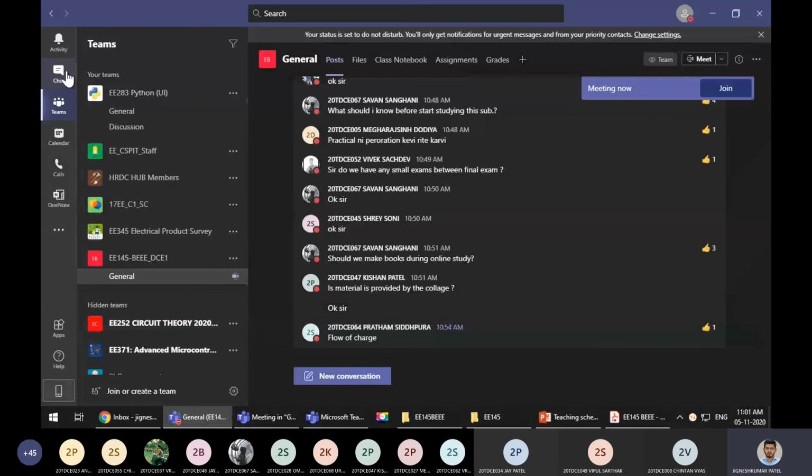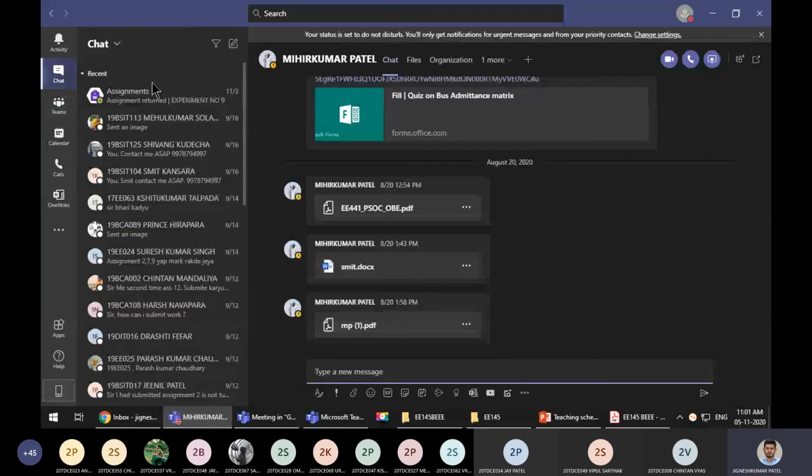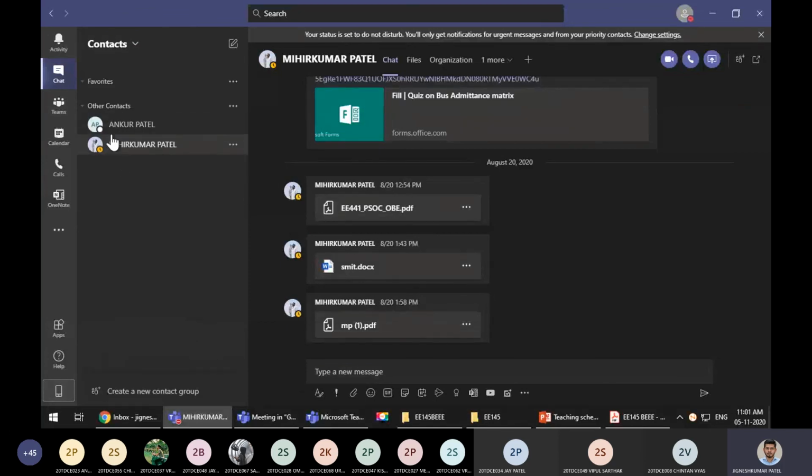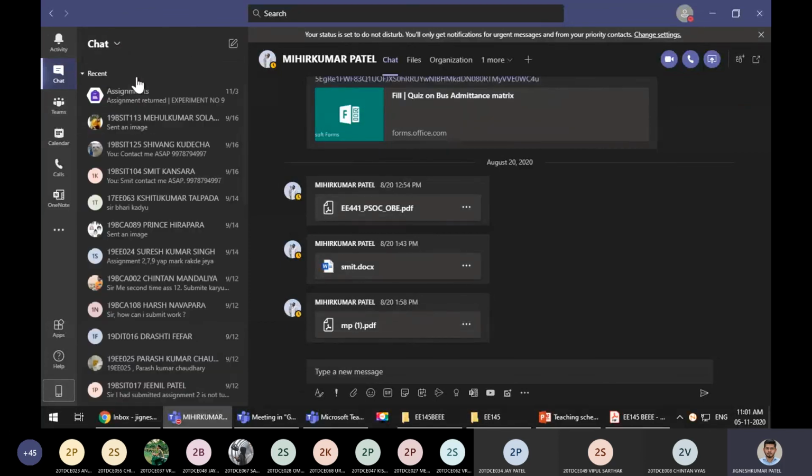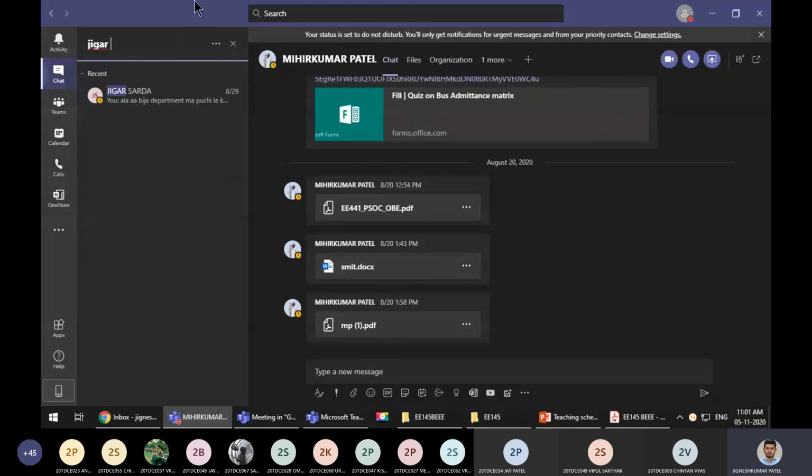See here, there is an option to chat. I'll click on this, and here you can start a chat with anyone. You can see your contacts as well. These are my contacts that I have saved. Other than that, if I want to start a chat, I can directly type a name. For example, my colleague is Jigar Sharda, so I can write Jigar Sharda here. Or there is a Mihir, so I can write Mihir here.